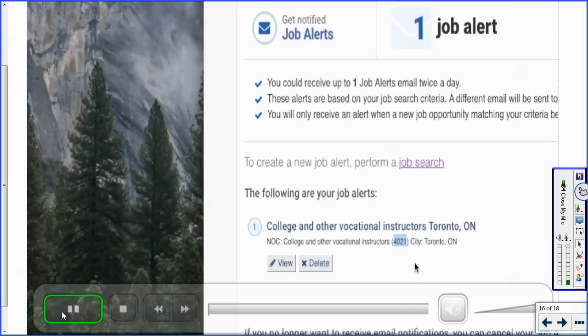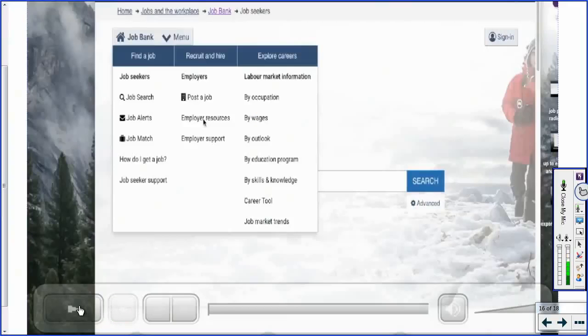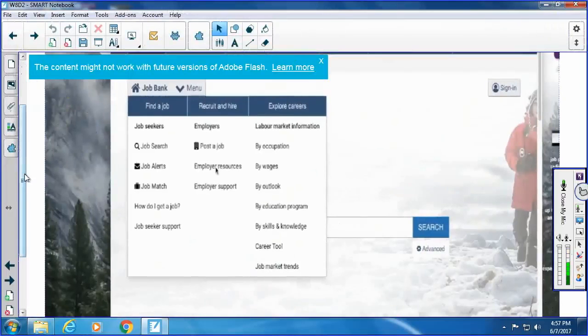Now, if you're tired of getting job alerts altogether, you can unsubscribe, or you could just look at all the alerts that you have and just delete any job alerts that you don't want, right? So I'm going to go ahead and just delete this. I don't really want it. Okay, and then you can see that there are 0 job alerts. And then if you want to create a new job alert, then you just go in, you just click here for job search. Okay, so I think you get enough of an idea. I could go on to show you another example in that video.